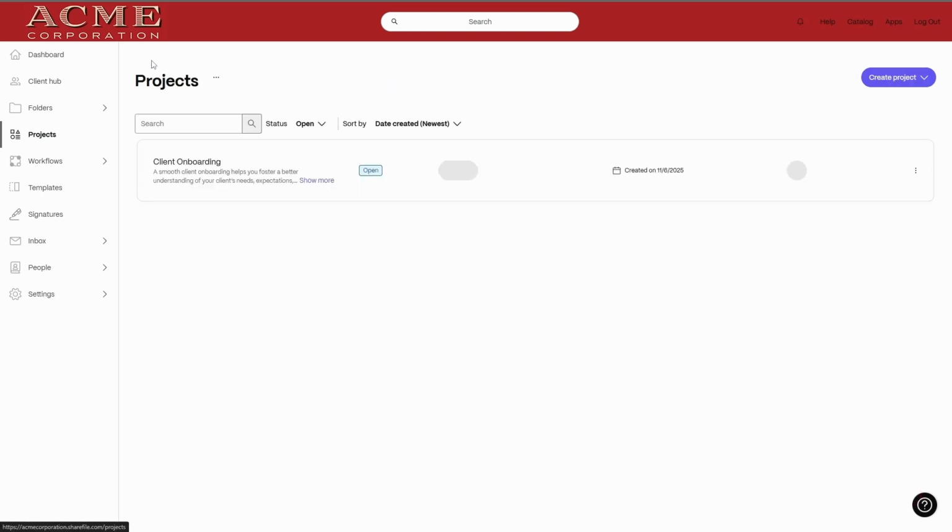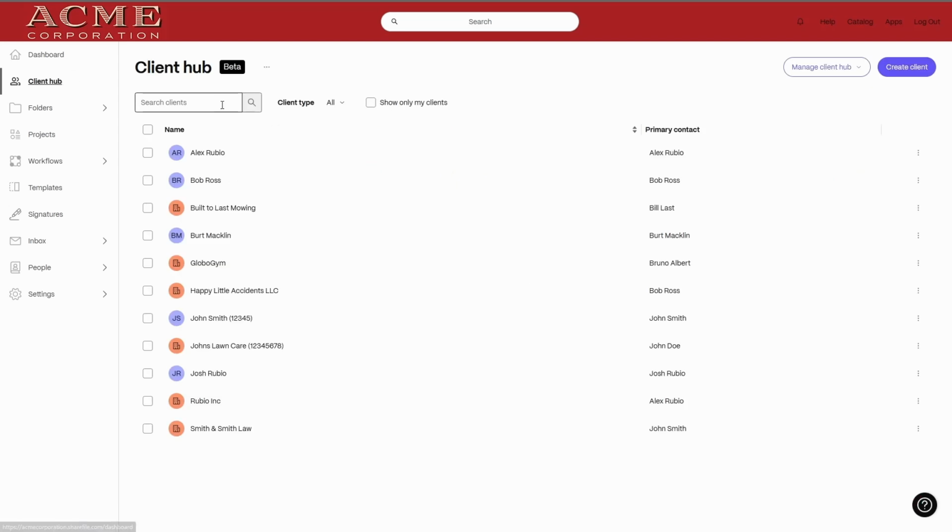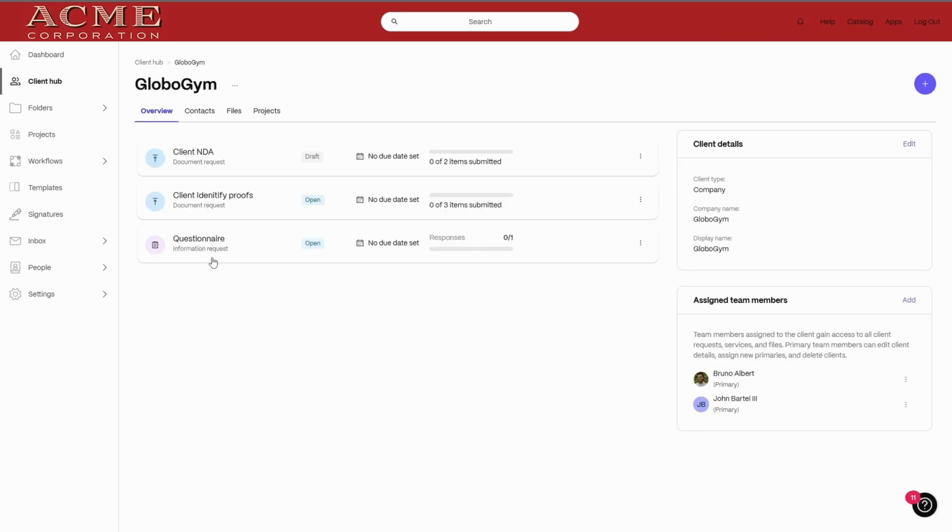And also, it really gives nice assurance that if I come back over to GloboGym, I get a nice overview to see that they're going through some document requests and some information requests, like a questionnaire that John Smith needs to complete. So it really sets the pace of being able to track those assets easily in a configurable dashboard, where you can either add existing client contacts or add new ones and put them under a company